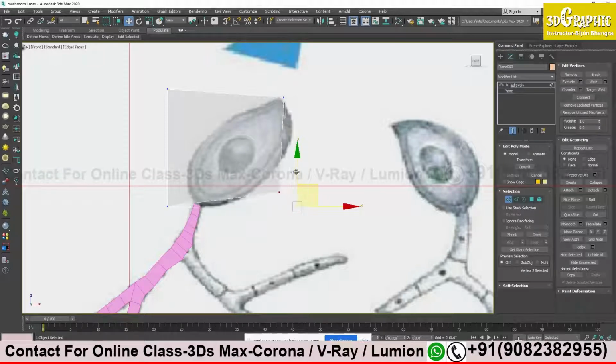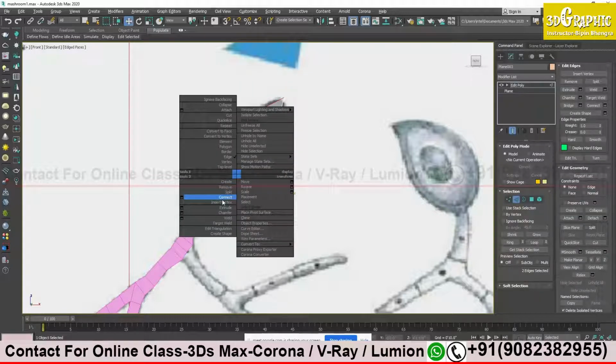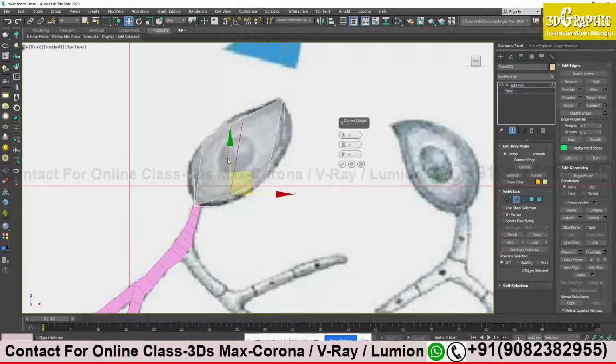Quickly I will try to get the shape like this, and see I want one more vertex over here so that I can get this curve. So I will press 2 to get the edge, I will select two edges, right click over here. I need to connect these two edges.